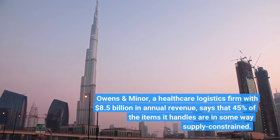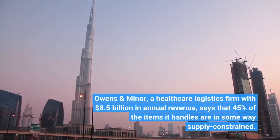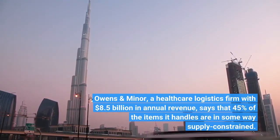Owens & Minor, a healthcare logistics firm with $8.5 billion in annual revenue, says that 45% of the items it handles are in some way supply constrained,